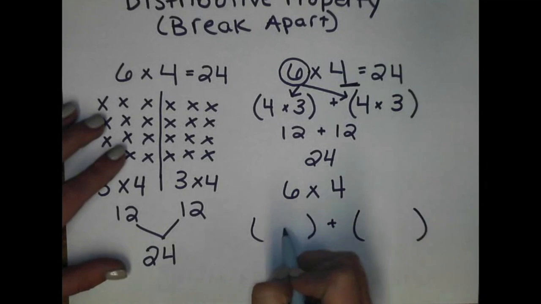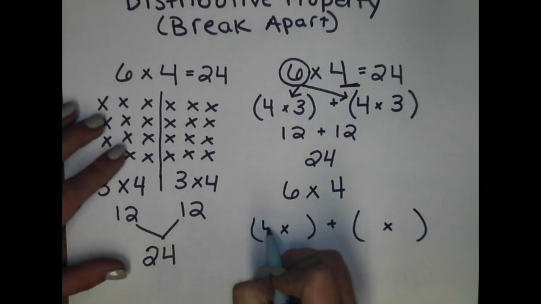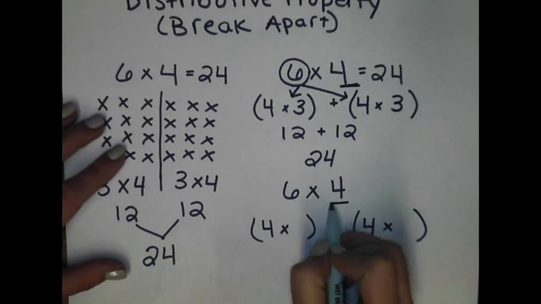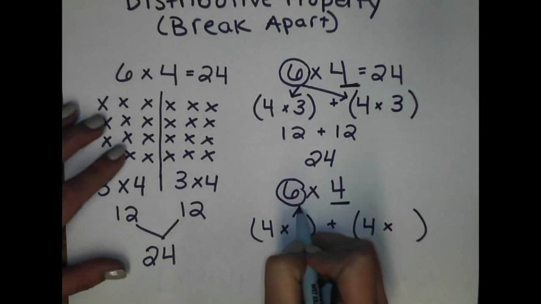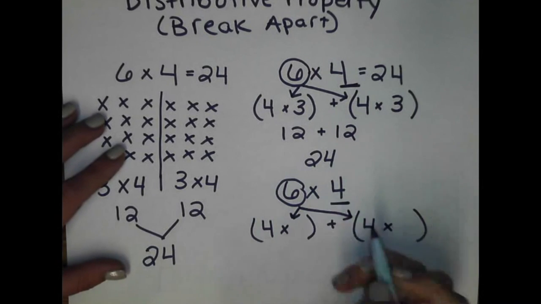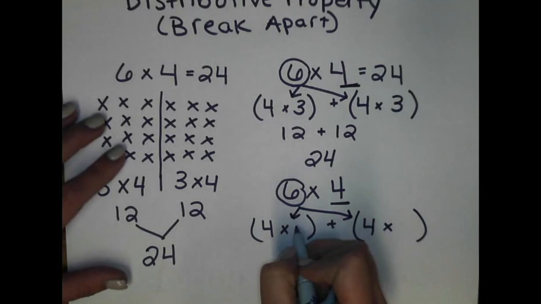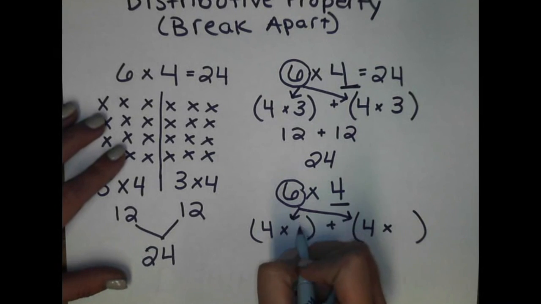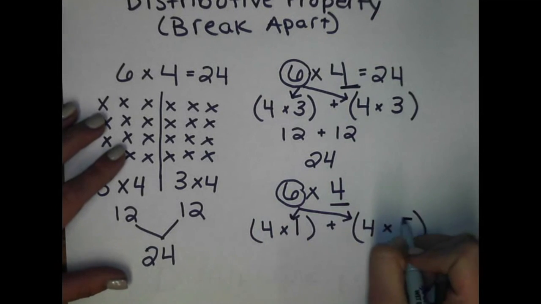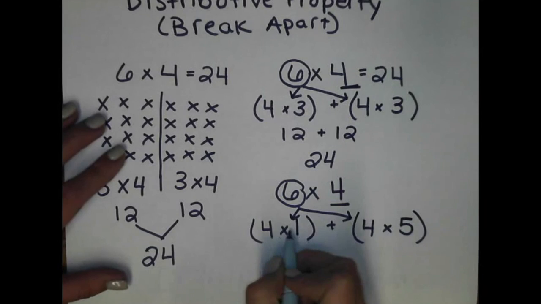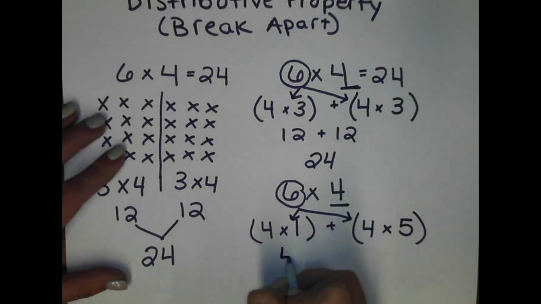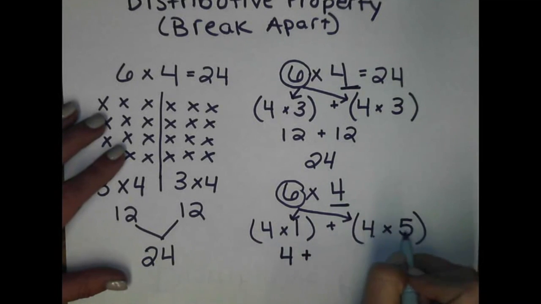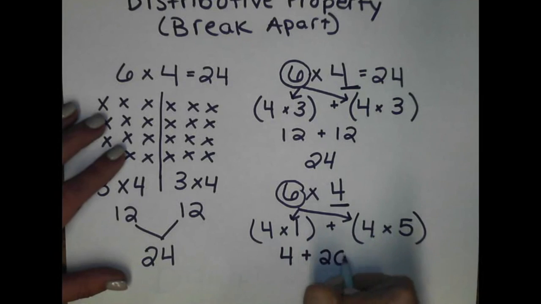I'm going to still keep my 4s. So that's the number I'm keeping. 6 is what I'm going to break apart. But this time, the numbers that I'm going to add together, I'm going to break it up into 1 and 5. 1 plus 5 equals 6. Now I have 4 times 1 equals 4, plus 4 times 5 equals 20, and then 4 plus 20 equals